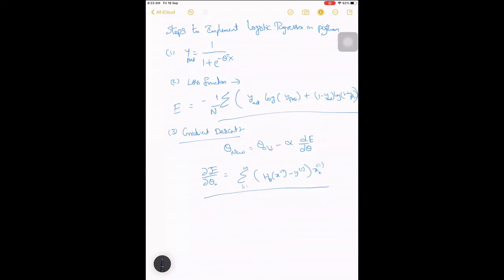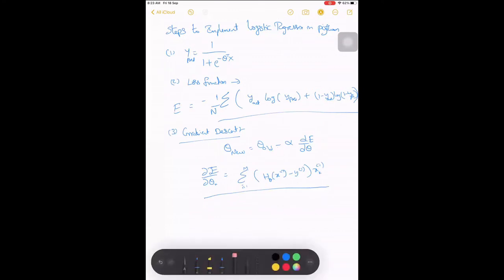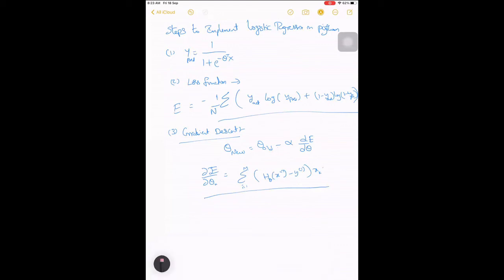For simplicity, let me not put this. So we know that there will be a sum where we have to do it for each of them. So sigma, this can be replaced with y prediction.